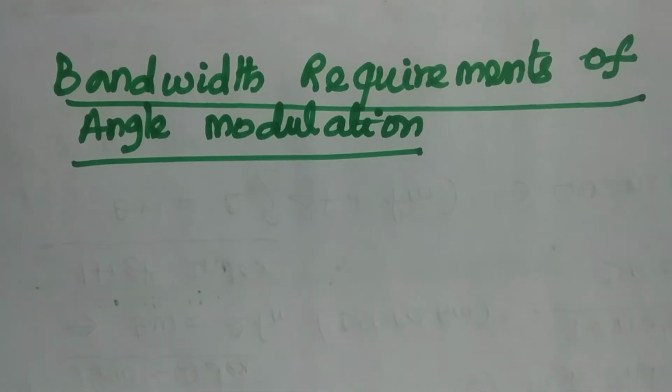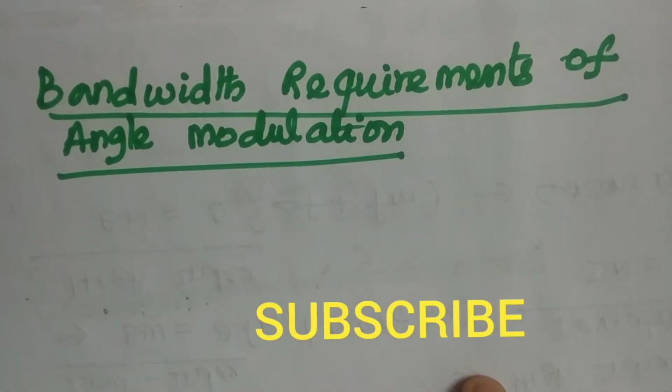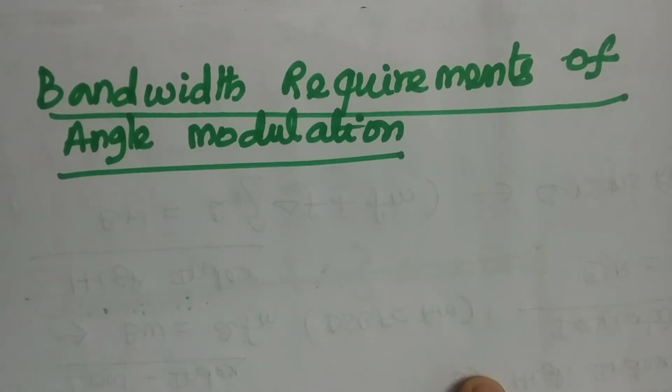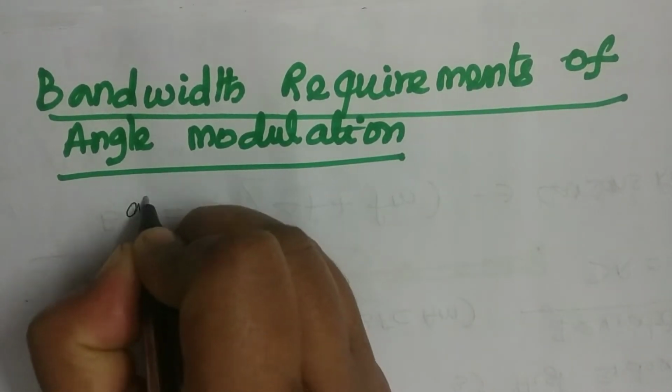Bandwidth requirements of angle modulation. The bandwidth of angle modulation is a function of the modulating signal frequency and the modulation index. So the modulation index is